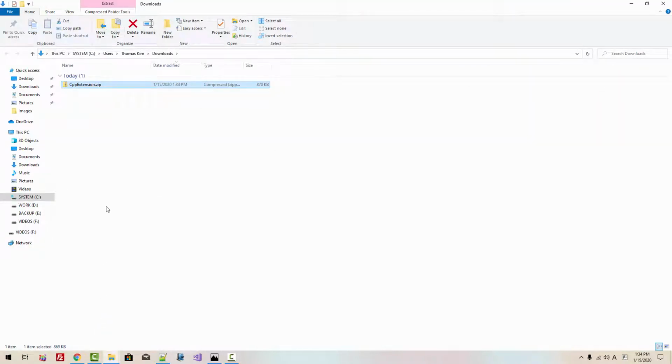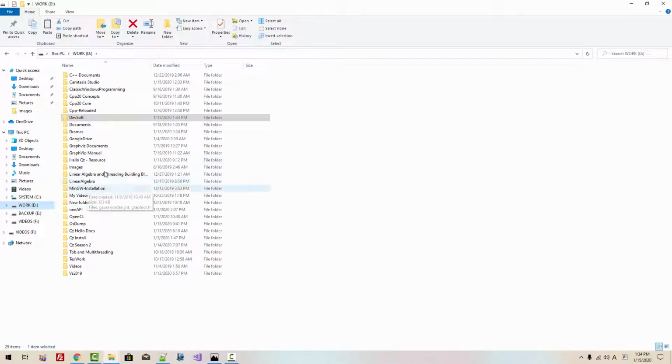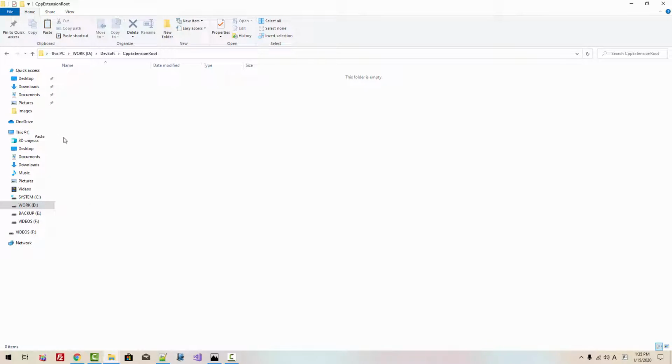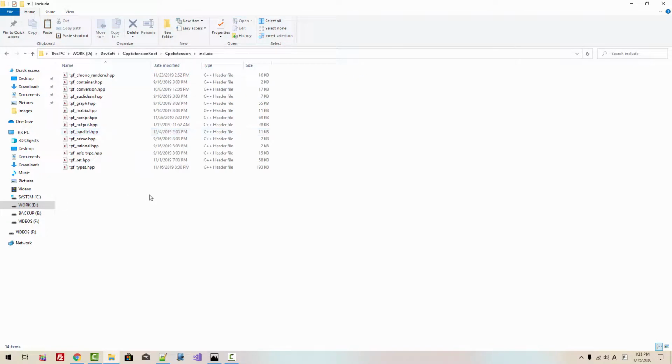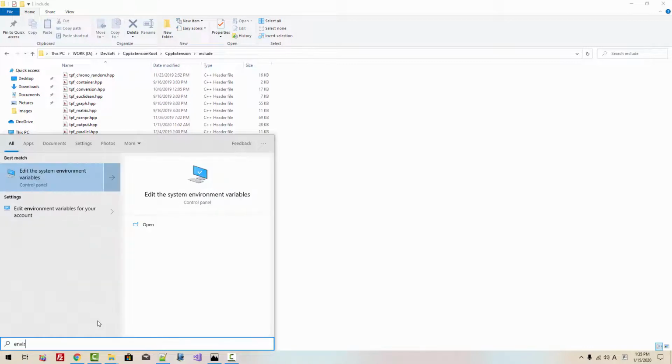Show in folder, unzip it. Copy the folder. In my case, DevSoft. I will create a folder here, CppExtensionRoot. Then I will paste the folder here. Double click this link, copy the path, right click, search, environment,